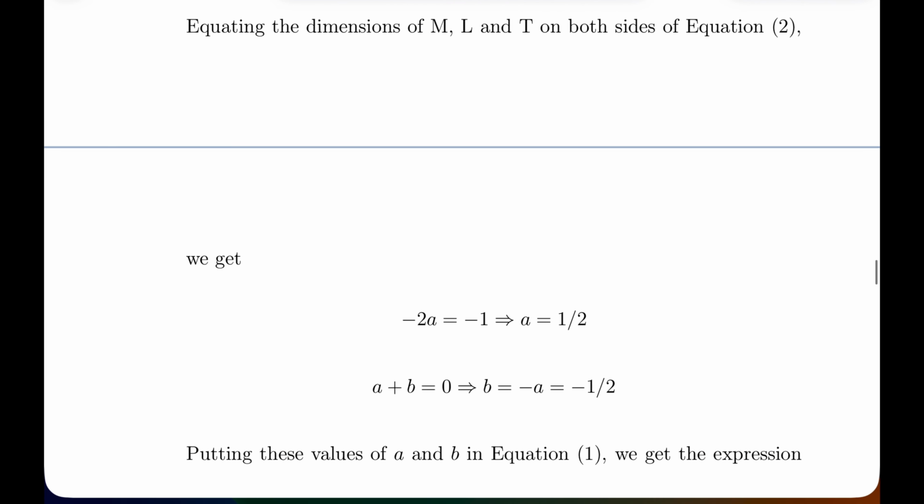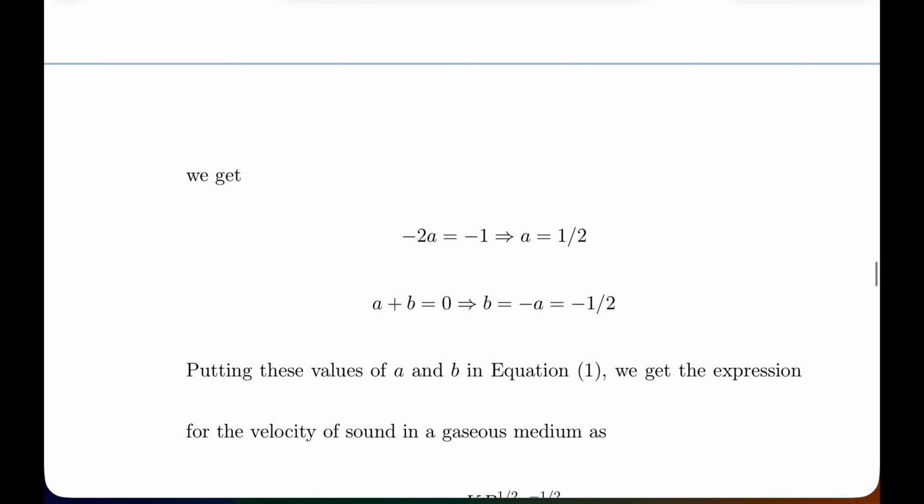Okay. Next, a plus b gives you 0 here. So b equal to minus a, and this is equal to minus half because a is half. So b is minus half. Put these values of a and b in equation 1. We get the expression for the velocity of sound in a gaseous medium as